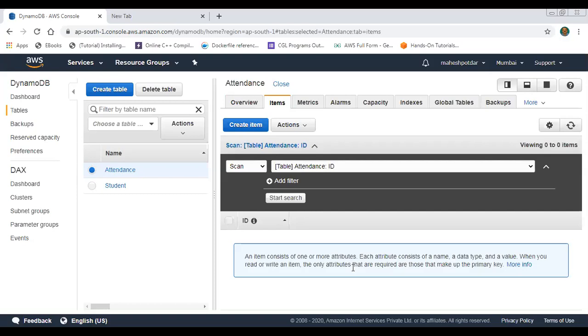After creating the database, the next thing is creating the Lambda function.